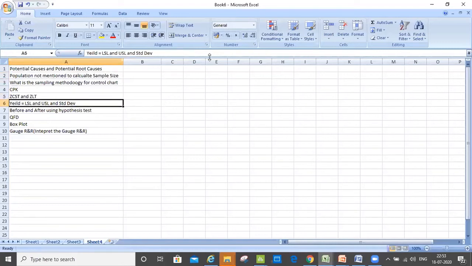Simar, can we expect a question asking us to calculate ZST and ZLT? There could be, I don't know. I haven't put that question in because I knew that there could be some questions which are not relevant. But that's the reason why the passing mark is 60%, not 100%. It is just to check your knowledge and how well you can think. That's why there are multiple choices as well. But by looking at the question, you'll be able to understand what it says. You won't find any jargon in the question itself.